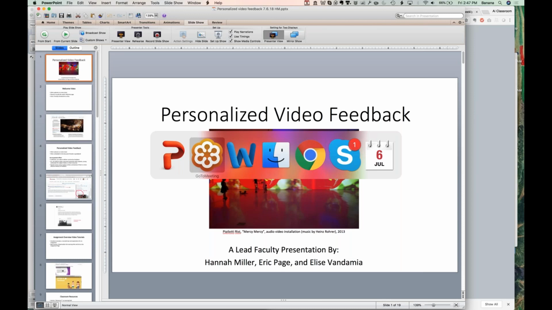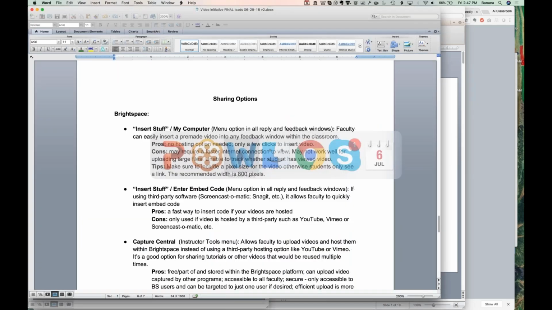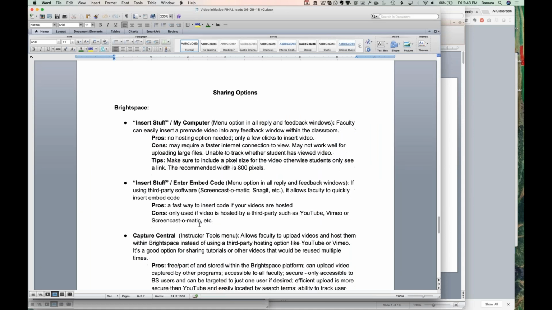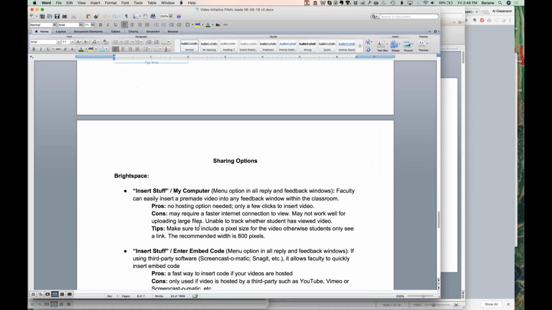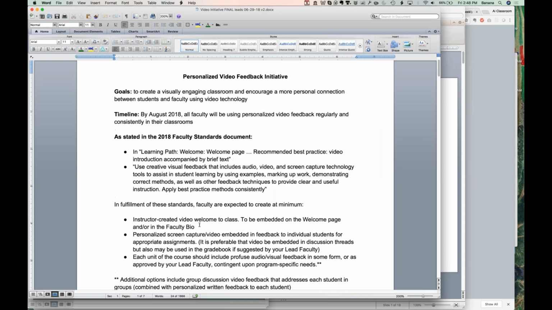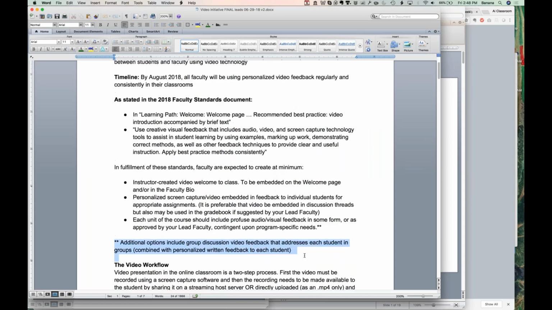That would be an option to make fewer videos, but it would replace or satisfy the individual video requirement for every student once per week. So that's something you can do. We did get permission for that. I'm not sure how effective that will end up being, as opposed to doing the individualized feedback. And it could be difficult depending on what course you're teaching to implement that.